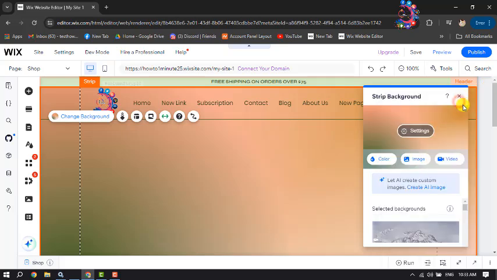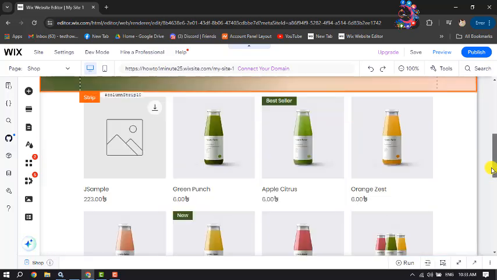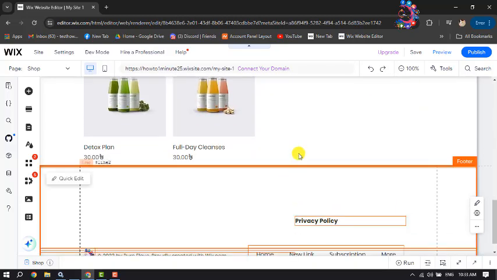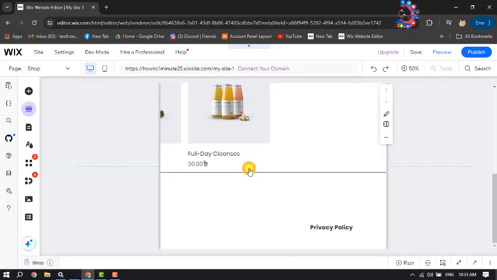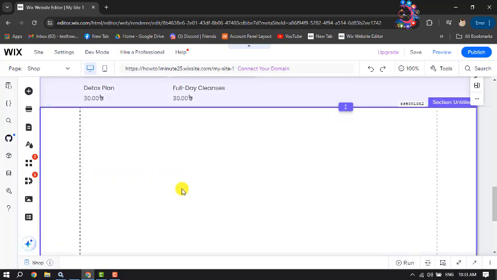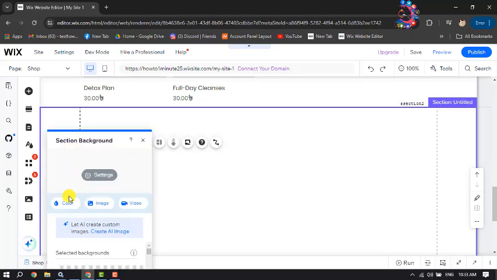And now let's see how to add a gradient background in a section. So here I'm scrolling down, and now let's add a new section here. Selecting blank section. Okay, once the section is added, select the section, and the same way click on change background and click on color